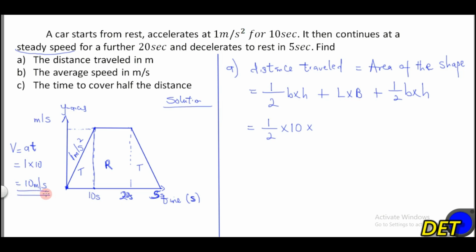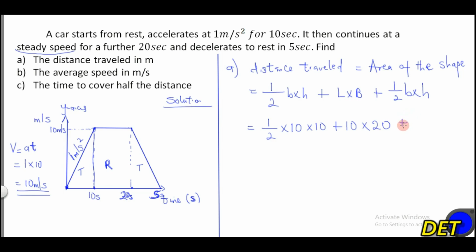So this is our velocity, right? Our velocity is 10 meters per second, and this is our height, right? So our height is now what? 10 plus, what is the length here? The length here is the height from here to here. That is the length of this rectangle, which is 10, times our breadth from here to here, which is 20. So times 20